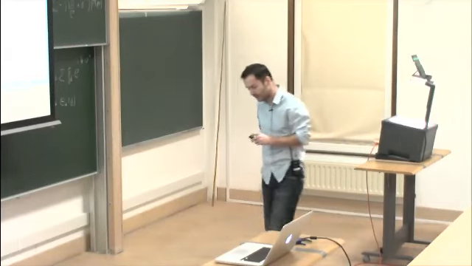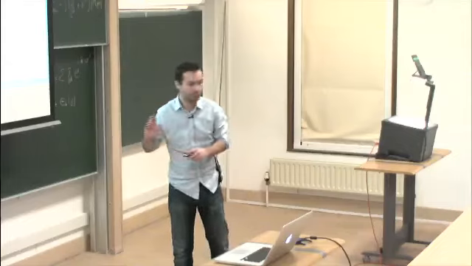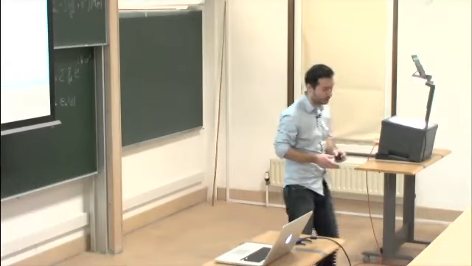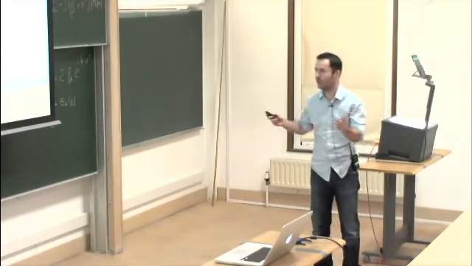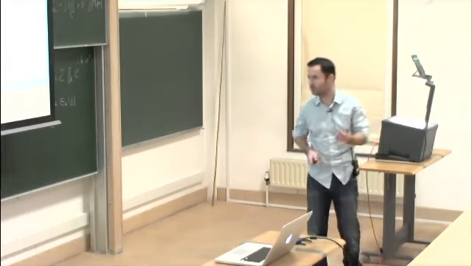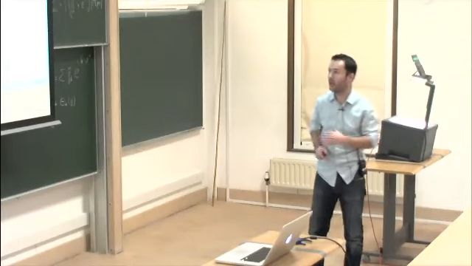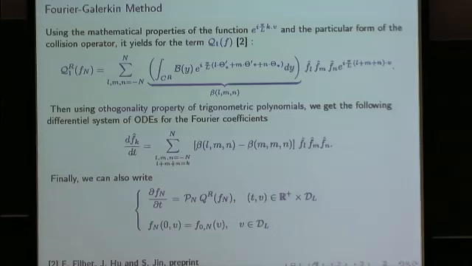And what is really important here is that it doesn't matter the conservation properties or the structure of your operator, what are the physical properties of the operator. What is really important here is the algebraic structure of your collisional operator, and the main property is the invariance by translation, which is given here. And then finally,